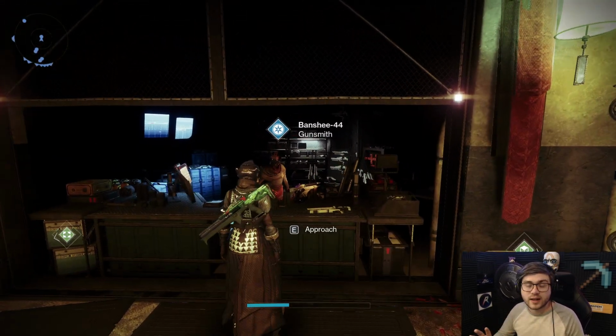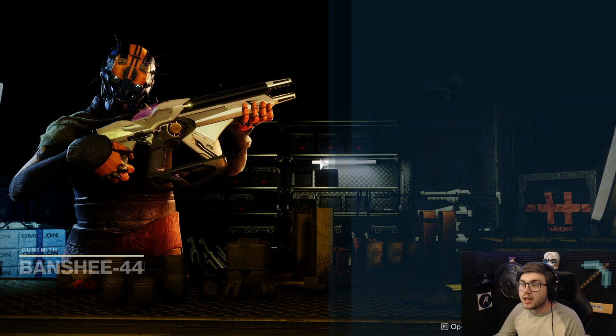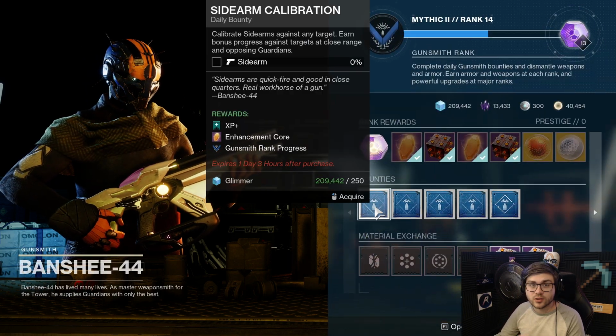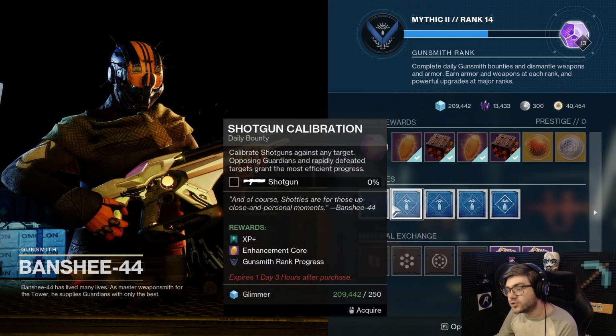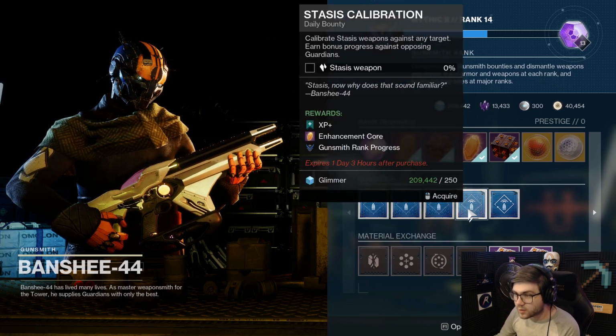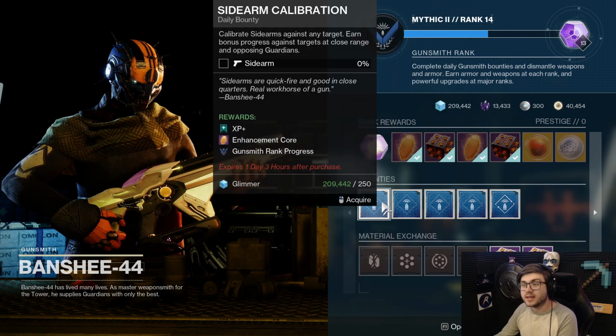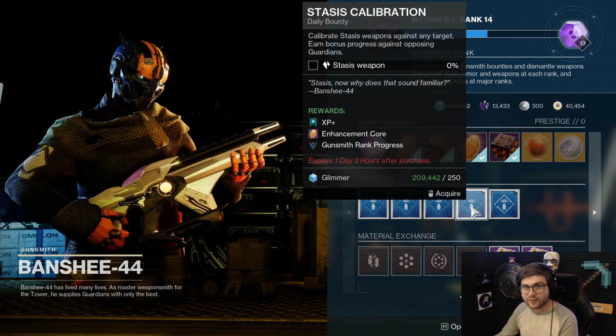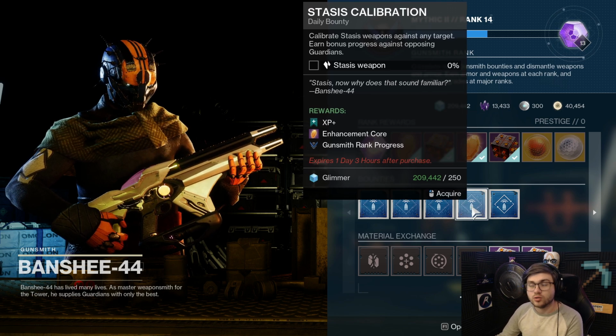Our first way of getting enhancement cores is for sure going to be Gunsmith Bounties. Gunsmith Bounties are extremely easy to do. They're just getting kills with certain weapon types, and when you complete these, you're going to receive 1 enhancement core. Now, there are 4 daily bounties, so this means you're going to get 4 enhancement cores. You can do this on every single character every day, and that will in total get you 12 cores if